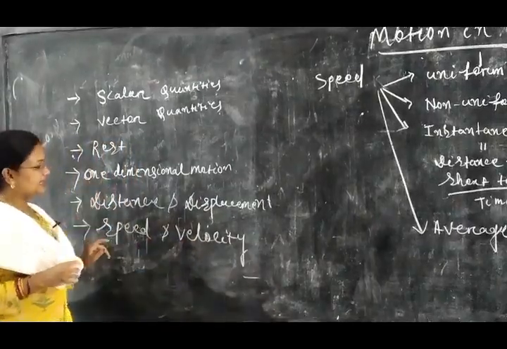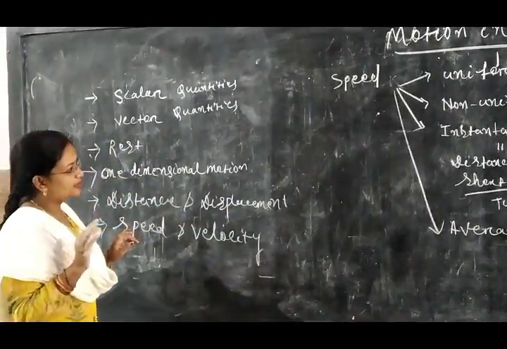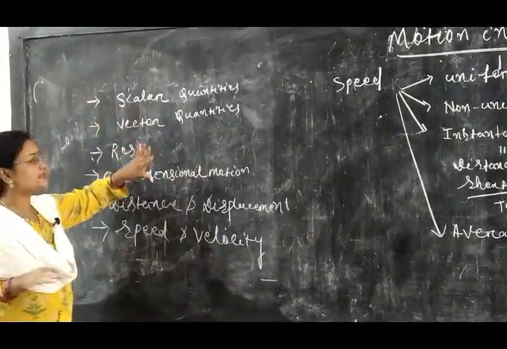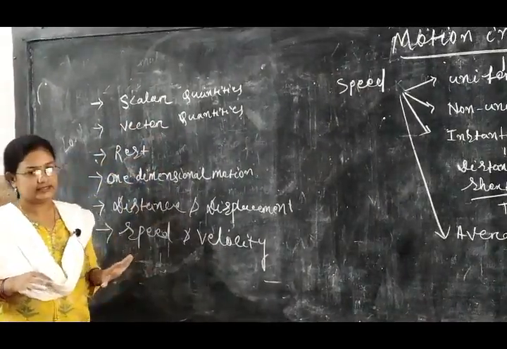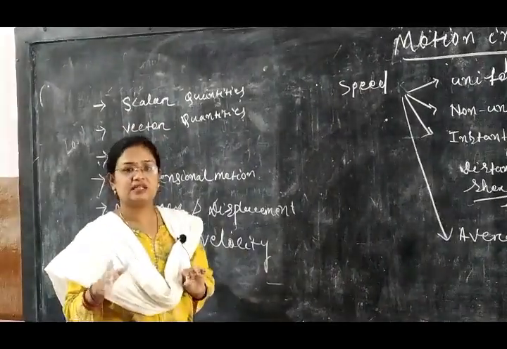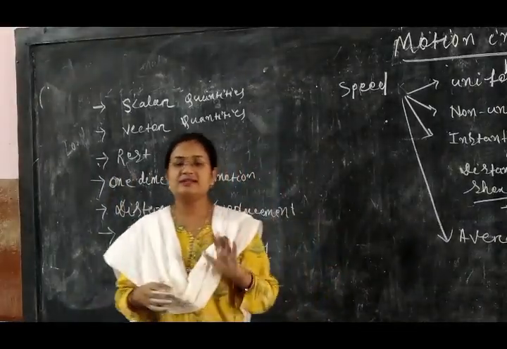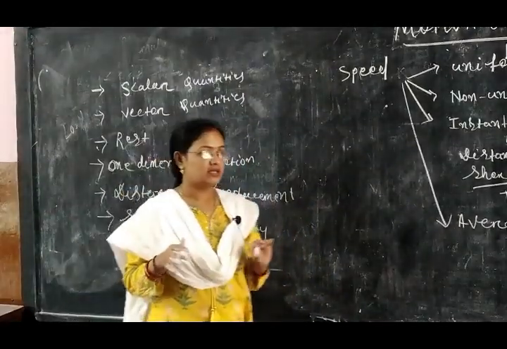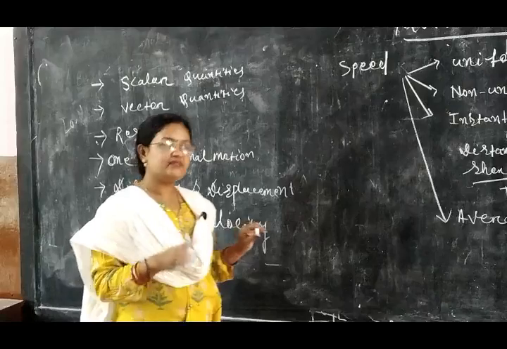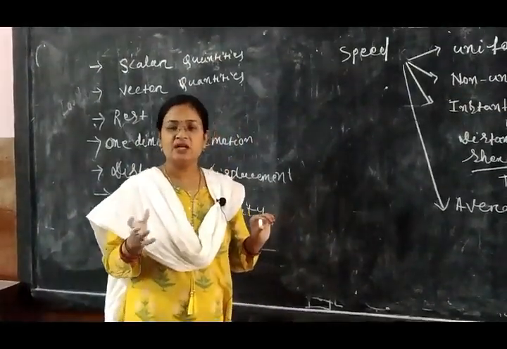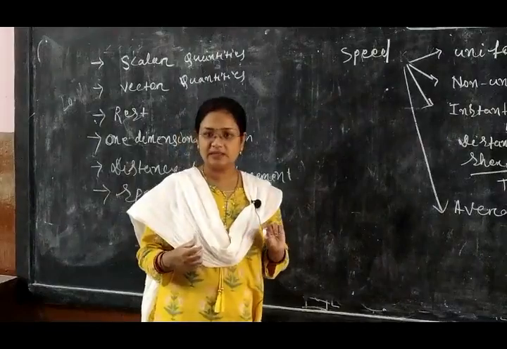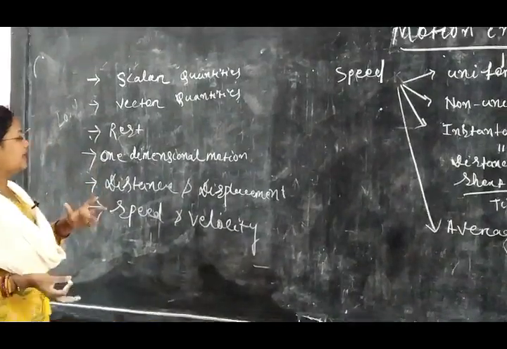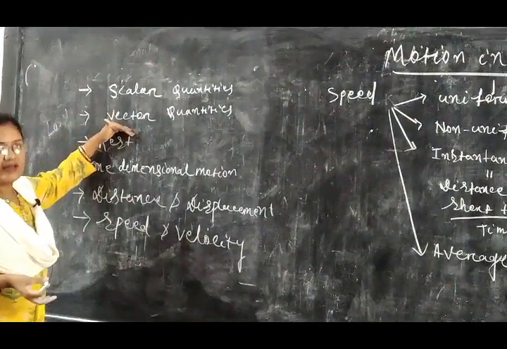So in this part A, so many things are there, that you already know. For example, first is scalar quantities and vector quantities. We know the physical quantities are of two types: one is your fundamental quantity and the second one is your derived quantity. You have read in the first chapter that we have 7 fundamental quantities, and the derived quantity is the quantity which is derived from the fundamental quantities. That quantity is again divided into scalar quantities and vector quantities.